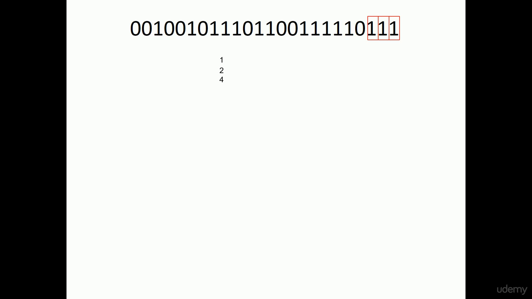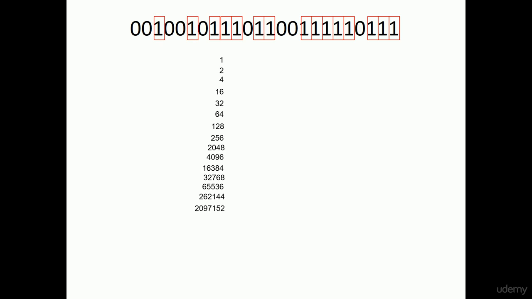The fourth column represents 8, but we don't have any 8s, so we skip that column. The fifth column is a 16, 32, 64, 128, 256, and then we don't worry about the next 2 columns. Then 2048, 4096, 16384, 32768, 65536, 262,144, and finally 2,097,152. If we add all those up, we get